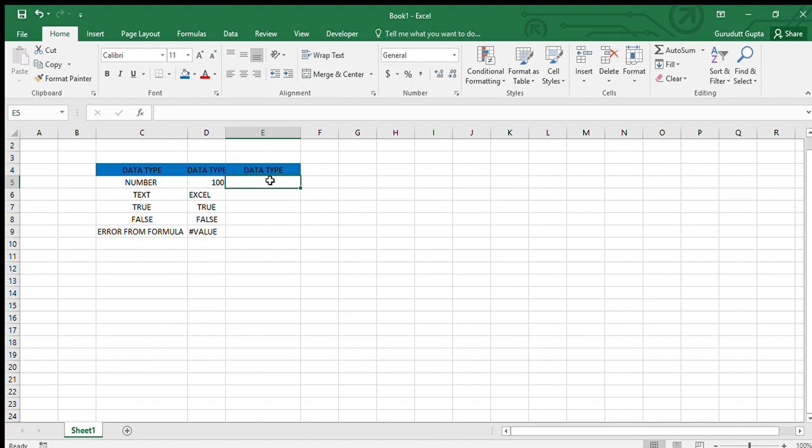So the formula for this is equal to IFERROR, cell address, comma, inverted commas, and